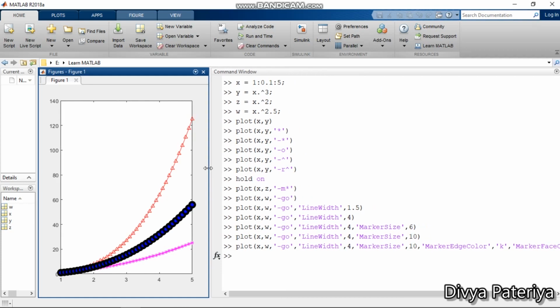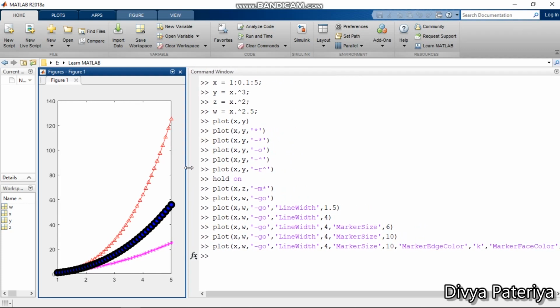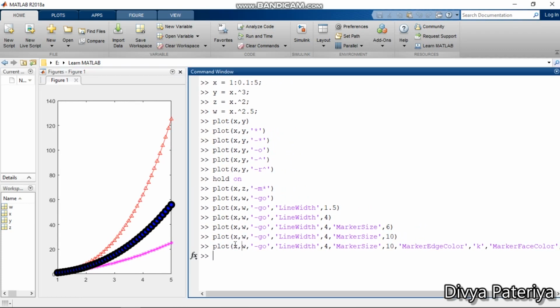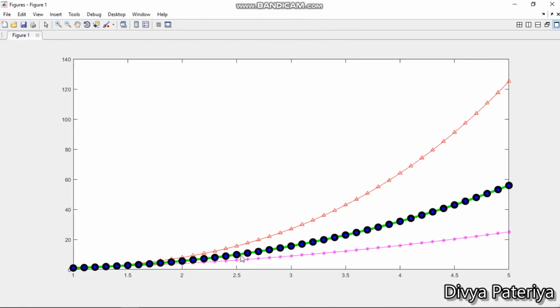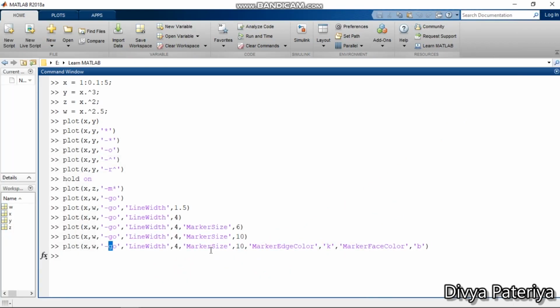If I make it smaller so that we can see the command clearly, I have written inside the plot X and W a solid line with a color of green. The line should be of green color, and the line width should be 4. The marker size should be 10. So till here we had seen, but what happened here?